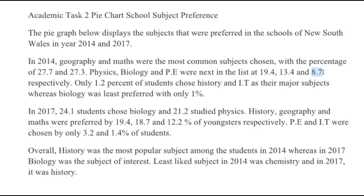Only 1.2% of students chose history and IT as their major subjects, whereas biology was least preferred with only 1%. Well done for noting the exception. Well done for using the comparison. That's good work. In 2017,